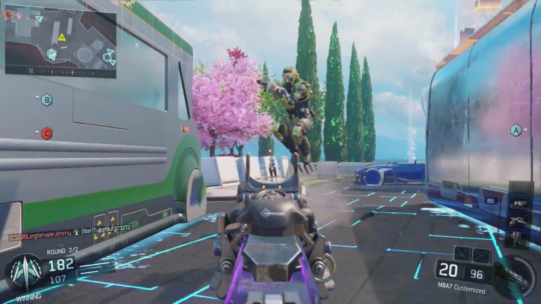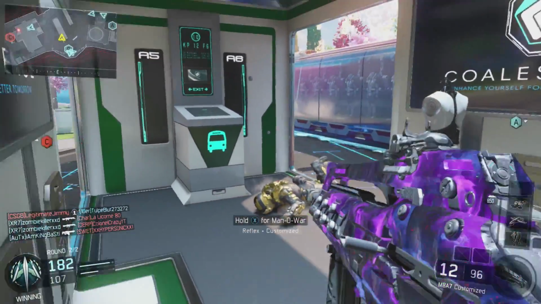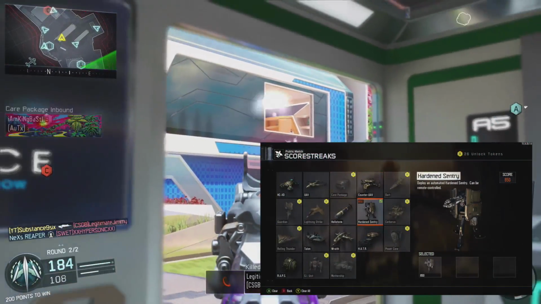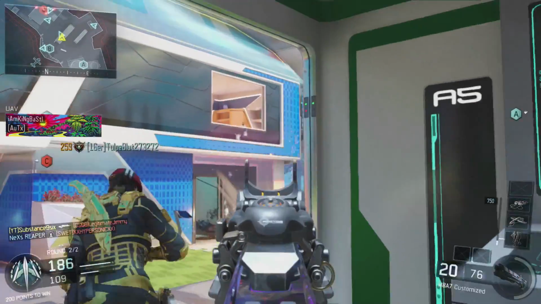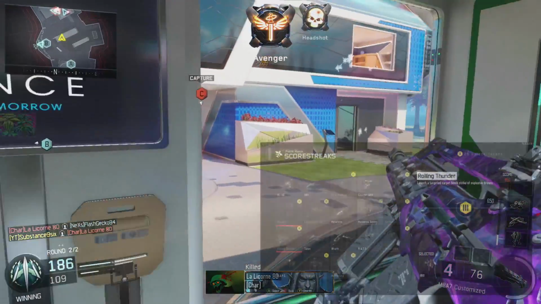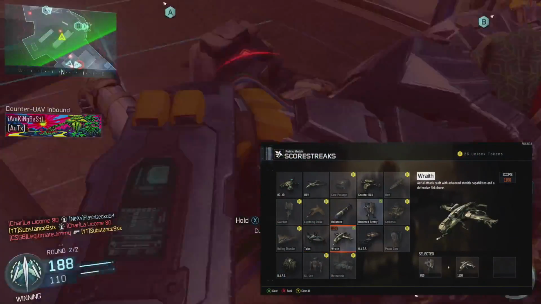Let's move on to the scorestreaks, and personally I always love running a Hardened Sentry on this class setup, because you can just control the map. You can put this at one side of the map, and then you can go and sit off at the other side of the map and wait until you get your Wraith, which is our next selection of choice for a scorestreak,